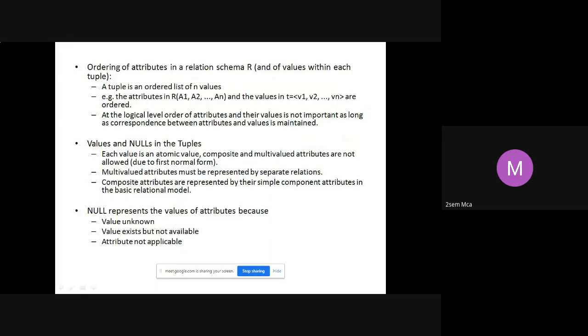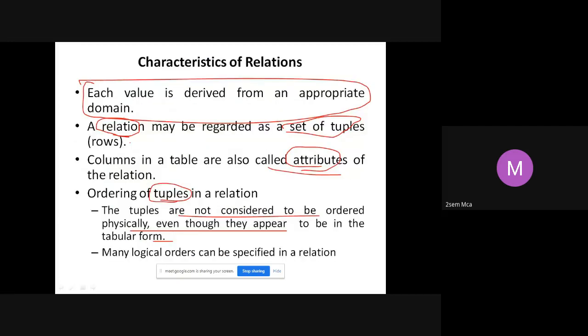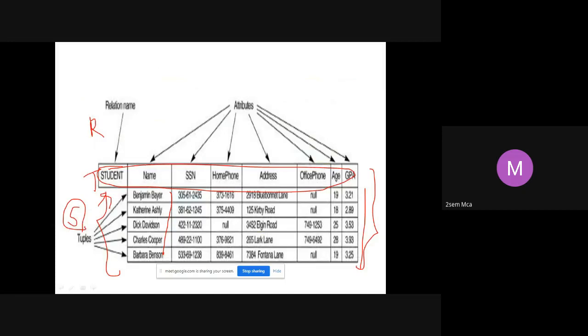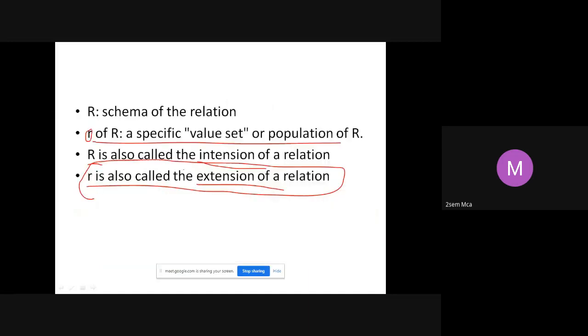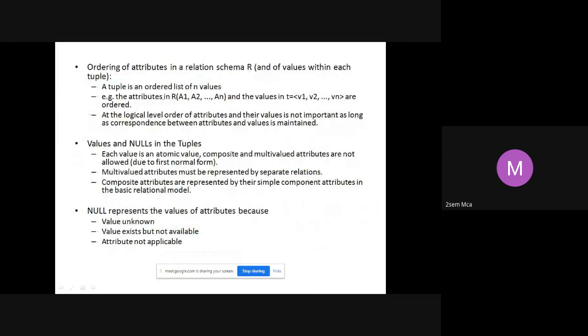Right? So that is what is given here. Ordering of attributes: again, how should I order them? Can SSN come first and name go second? Yes, you can. There is no order again. However I want, I can put my attributes. It is a list of values, that's all. You don't have to maintain any order in the relation schema. If I say the attribute is USN, the value should also be related to that. I cannot say USN and put a name value. That becomes wrong.